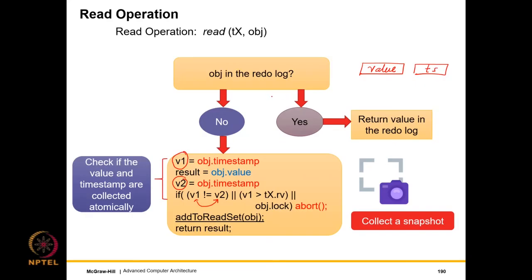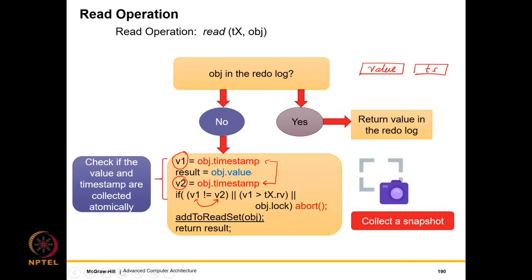So what can happen is that you can read a value, and then, because of a race condition, the timestamp may change. Or you may read a timestamp, and because of a race condition, the associated value may change. So both may be out of sync. Because one thing you need to realize is that there can be an arbitrary delay between these instructions. So maybe we may read a very old timestamp, and then we may read the value, and then we may read another timestamp. So because of this arbitrary delay, what we should verify is whether the timestamps are the same. If they are the same, then we can be sure that this value corresponds to this timestamp.